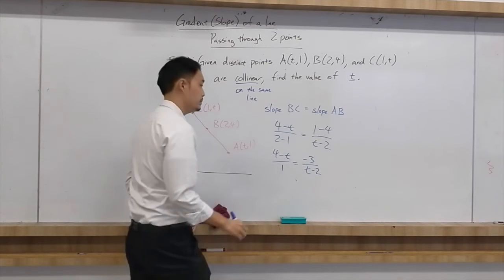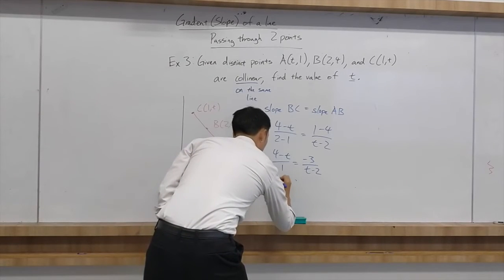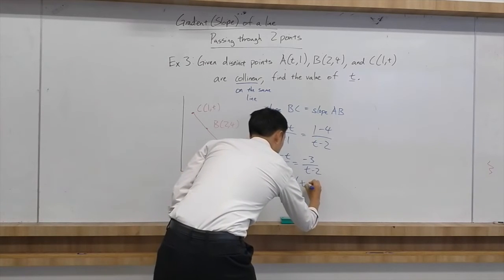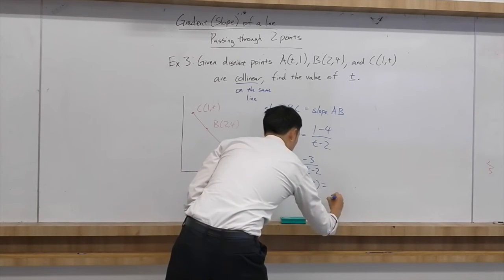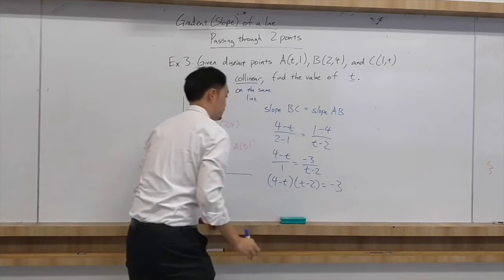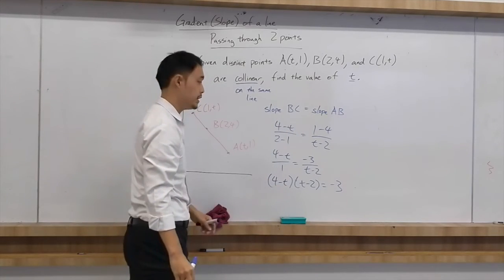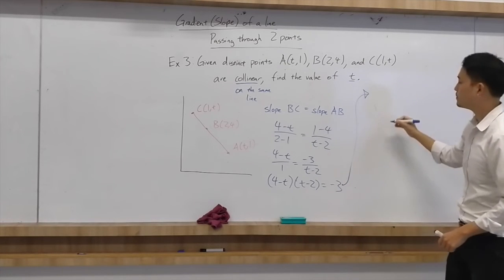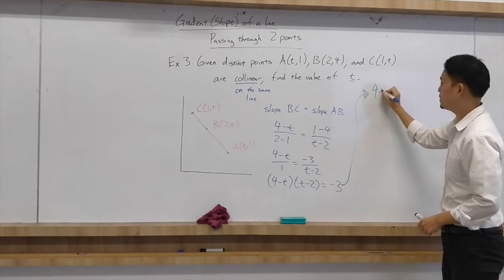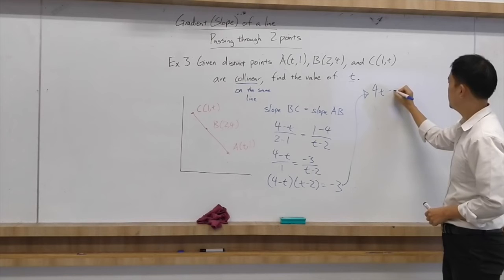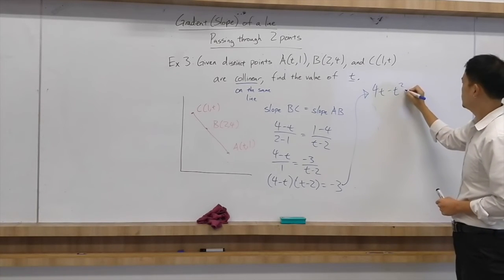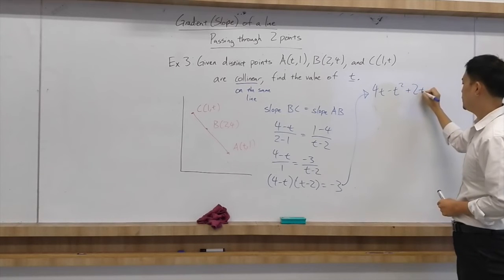Multiply this guy up here. 4 minus T times T minus 2 equals negative 3. Okay, we're going to have to FOIL this out. Let's do it over here. 4T minus T squared plus 2T